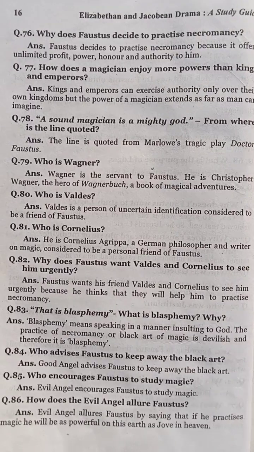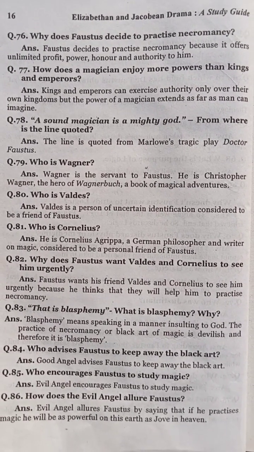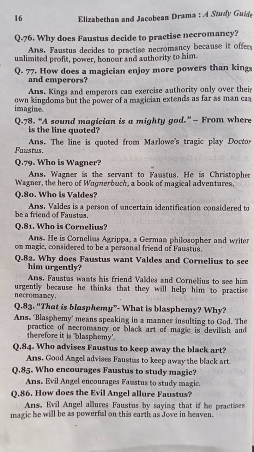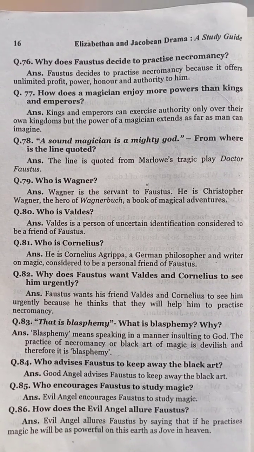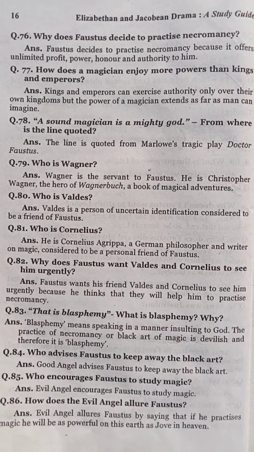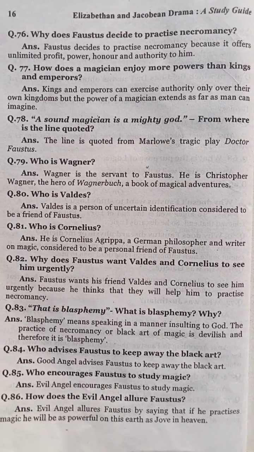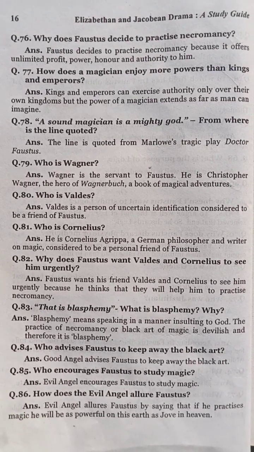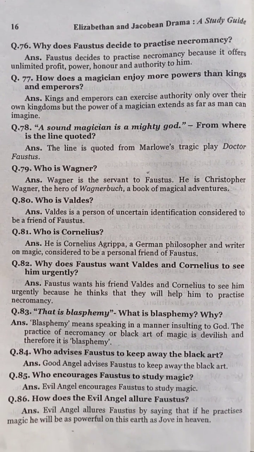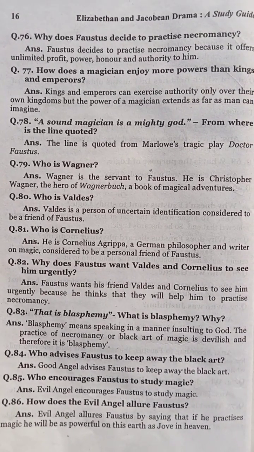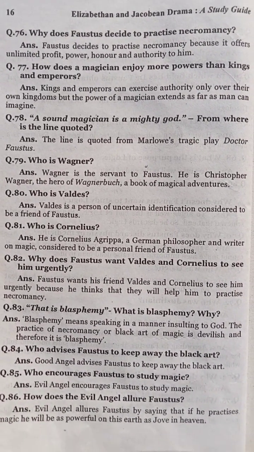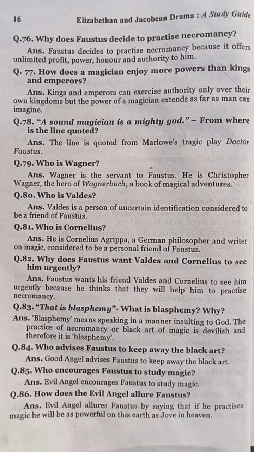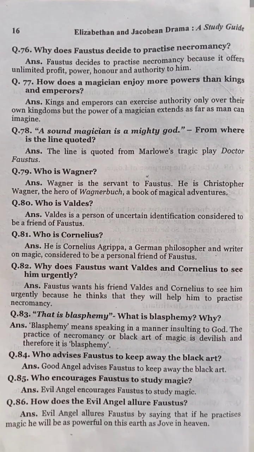80. Who is Valdes? Valdes is a person of uncertain identification considered to be a friend of Faustus. 81. Who is Cornelius? He is Cornelius Agrippa, a German philosopher and writer on magic considered to be a personal friend of Faustus. 82. Why does Faustus want Valdes and Cornelius to see him urgently? Faustus wants his friends Valdes and Cornelius to see him urgently because he thinks that they will help him to